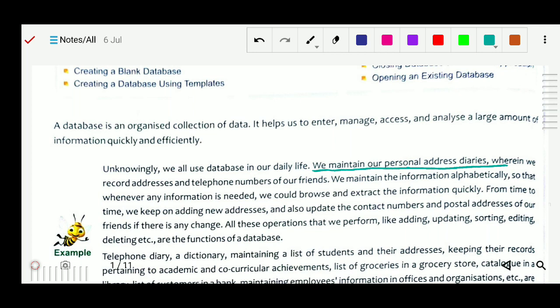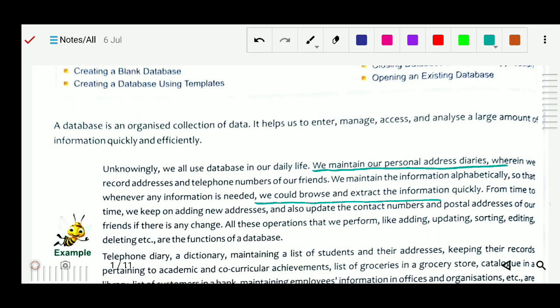A basic example is your mobile phone, where all the contacts are there, and the contact names are arranged in alphabetical order.